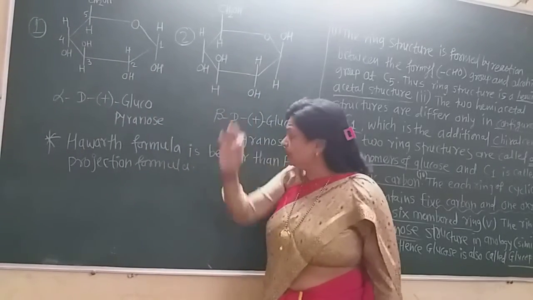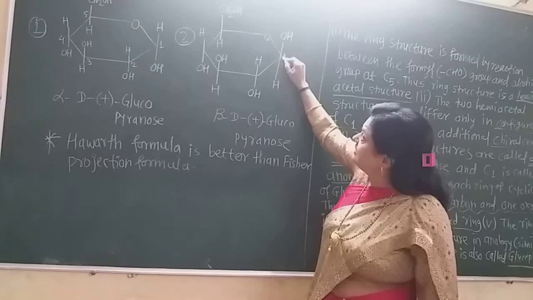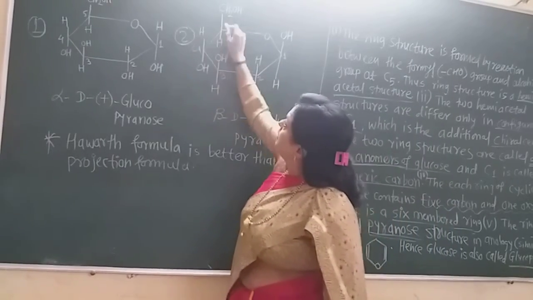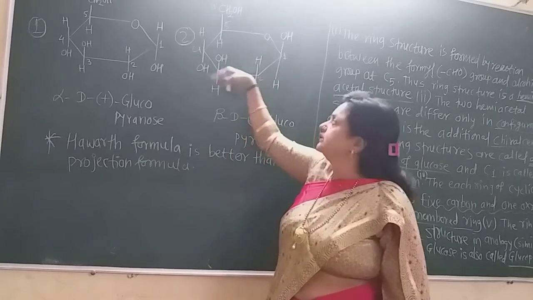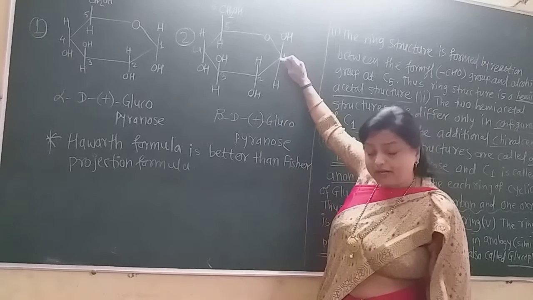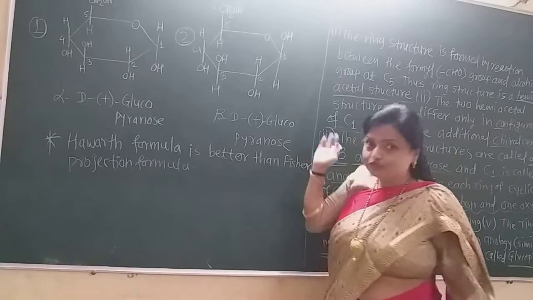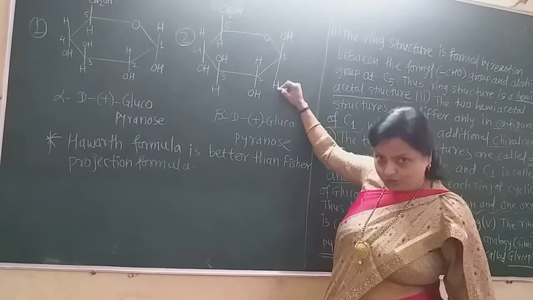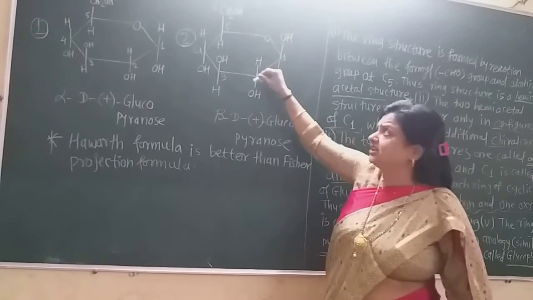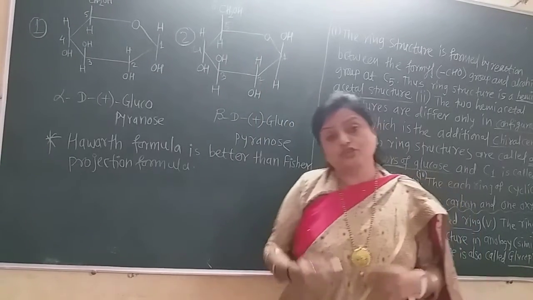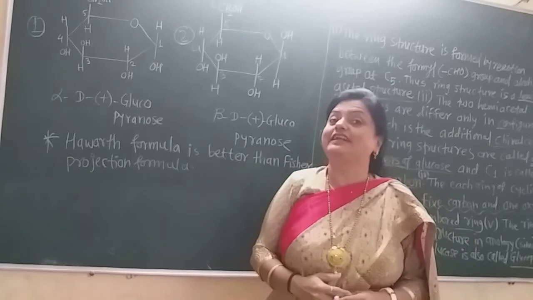Now what is the only change in beta D glucopyranose? This is the anomeric carbon C1, 2, 3, 4, 5 and this 6th carbon. Now I will show only the carbons, not the members of the ring. At the first carbon in beta D glucopyranose, the OH group is on the left hand side and hydrogen on the right hand side. So I show here hydrogen on the lower side and the OH group on the upper side. Now there is no question about the second, third, fourth or fifth carbon atoms. So these are the Haworth projection formulas, the 6-membered ring of glucopyranose.